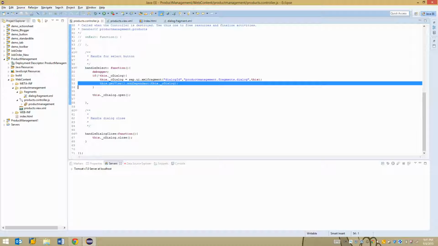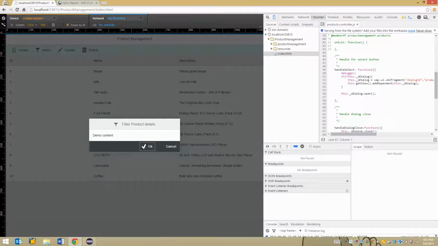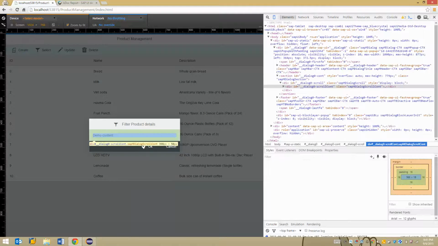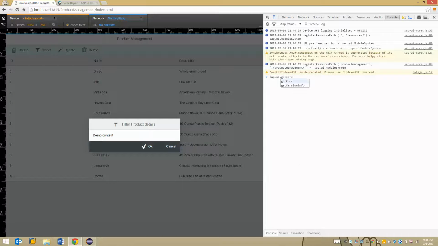Apart from that, I haven't specified anywhere which model has to be associated with the dialog. So now if you go here, I'm just opening the dialog, right click, inspect element, and you can see that the dialog has been created with the ID dialog 0. I'm going to the console, sap.ui.getCore().byId